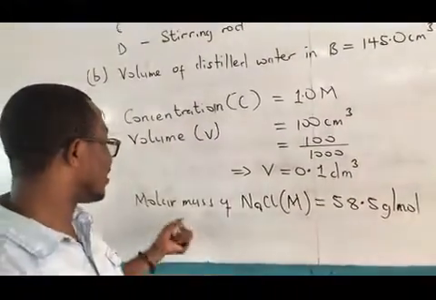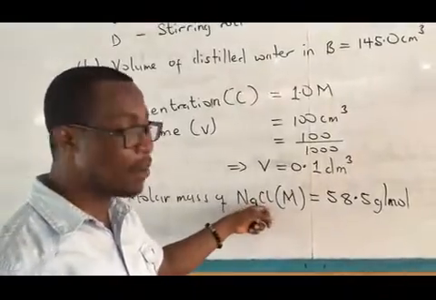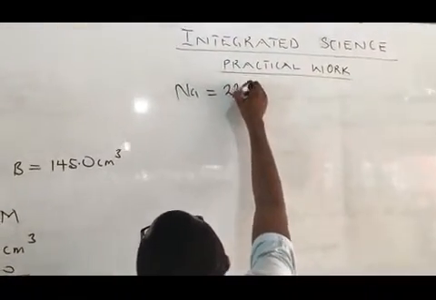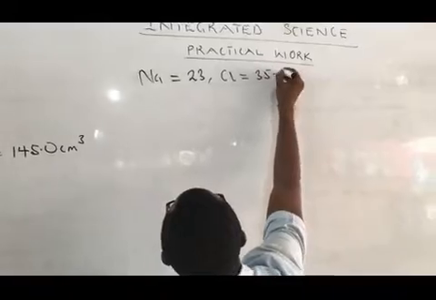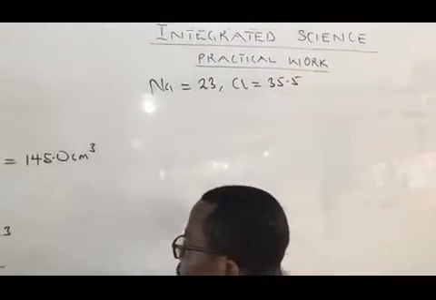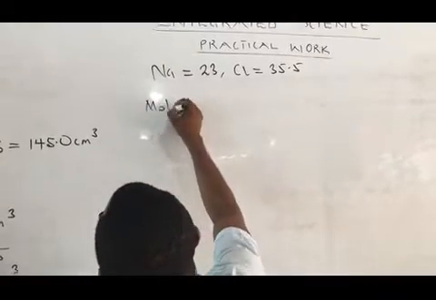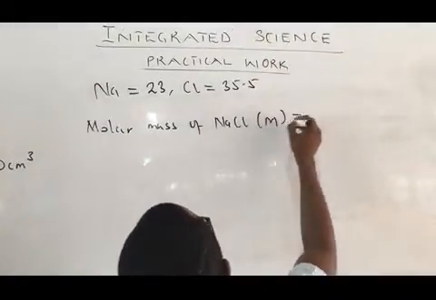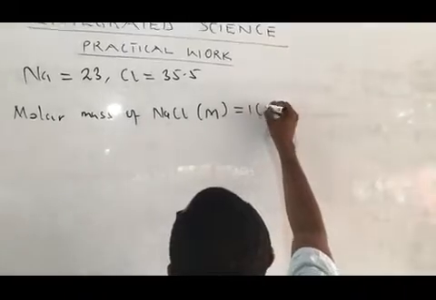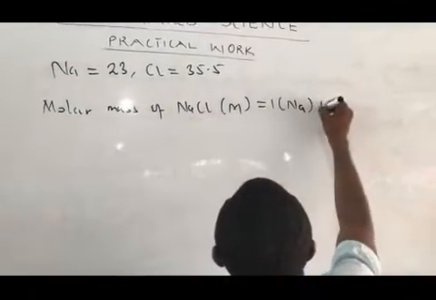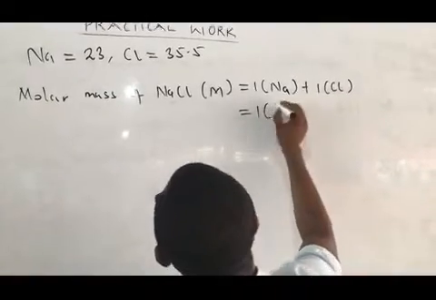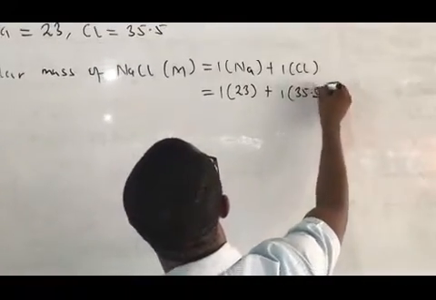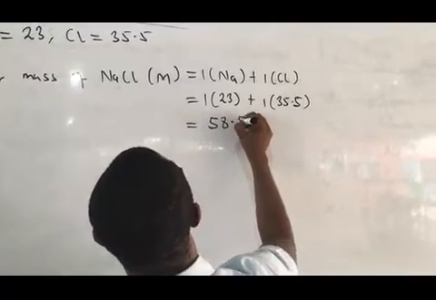In some cases, or in most cases, you would be expected to actually calculate the molar mass yourself. So in that case, they would have given you that Na is probably 23, and then Cl is 35.5. And then using this information, you calculate the molar mass of NaCl. So for instance, in your calculation, molar mass of NaCl here would have been equal to, we have 1 sodium, 1 Na, and then we also have 1 Cl, so 1 chlorine, and then you substitute the values given. So Na is 23, and then your Cl is 35.5, and if you add that, that'll give you 58.5 gram